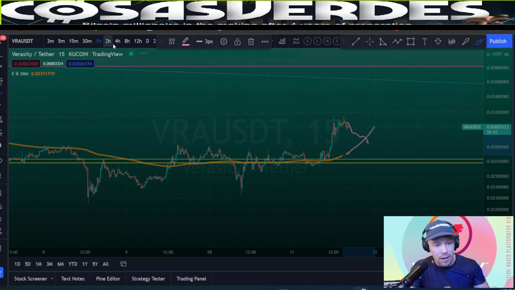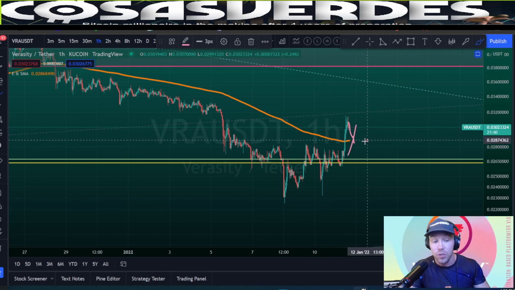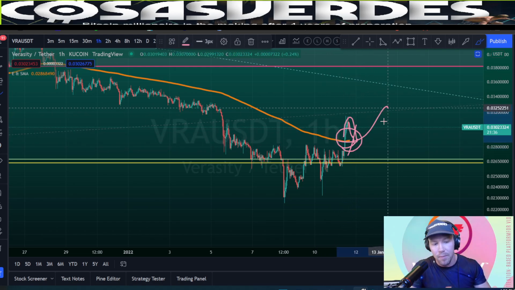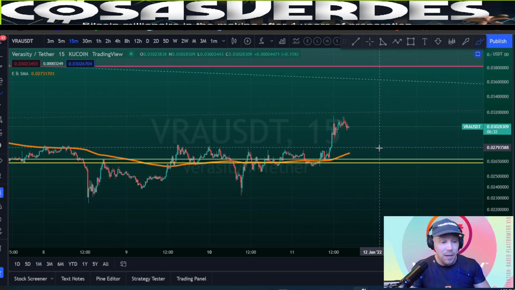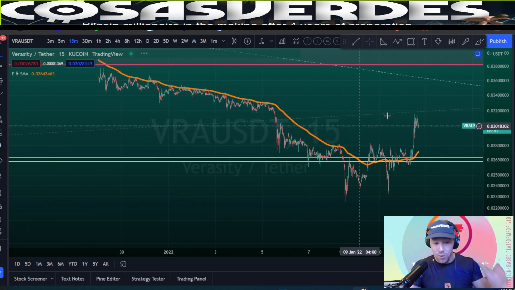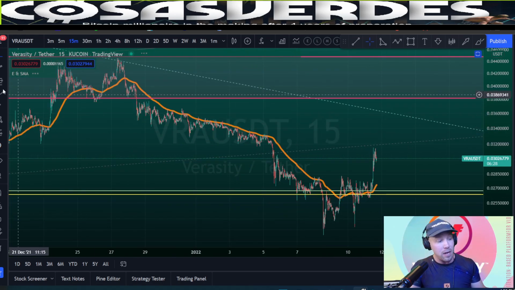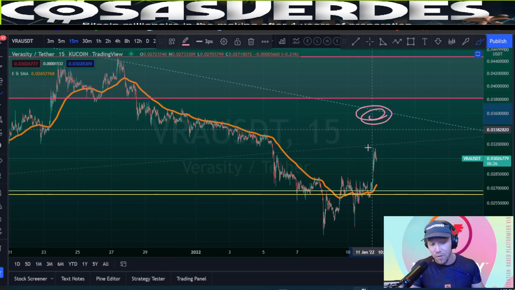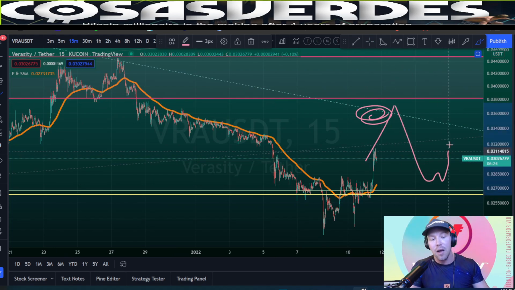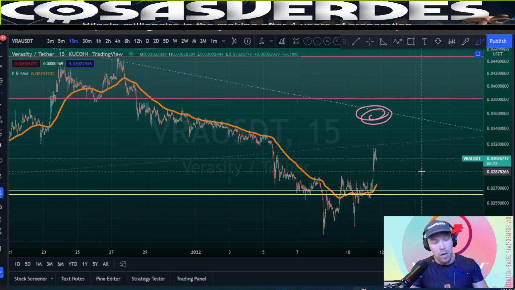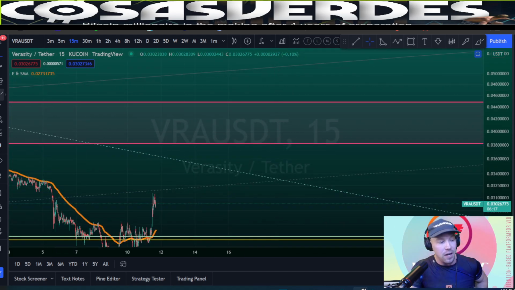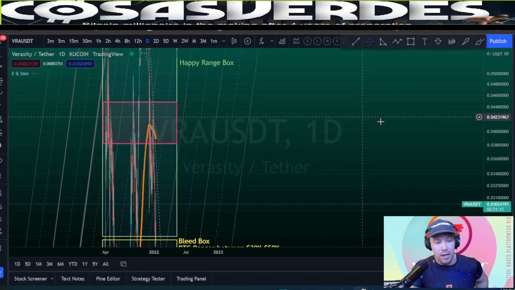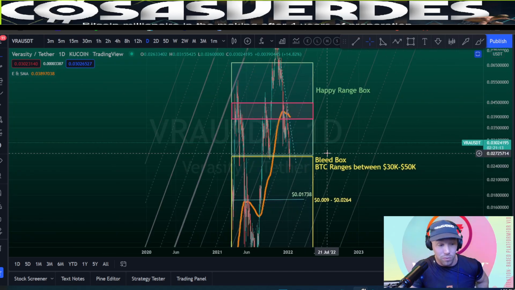So then I'll go back to the 1 hour, and that also meets the 1 hour. And so it's probably going to meet both those 200s at the same time to continue this little uptrend, assuming Bitcoin behaves. And that's the way I would play this. And so I would leave just that 200 EMA on and kind of be concentrating on this line at first until I get one profit point, see how it interacts. And if Bitcoin continues its march up in the deep 40s or low 50s, something to that effect, then I would be taking profits more in this horizontal. And that's really all I got.